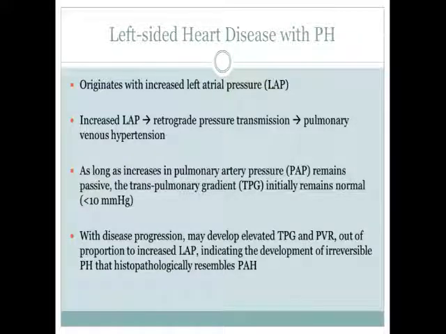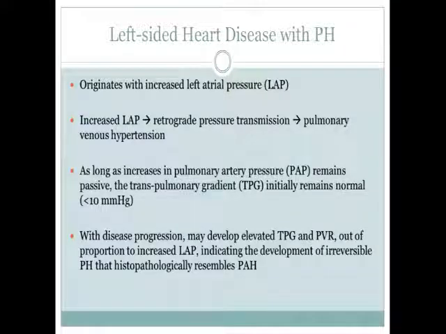That increase in left atrial pressure causes retrograde pressure transmission into the pulmonary venous system, or post-capillary pulmonary hypertension. Now, in most patients, that increase in pulmonary venous pressure is passive, such that with treatment of your underlying left heart disease, you can get reversal